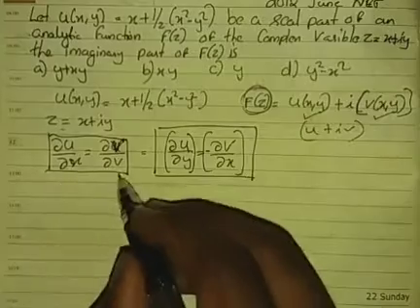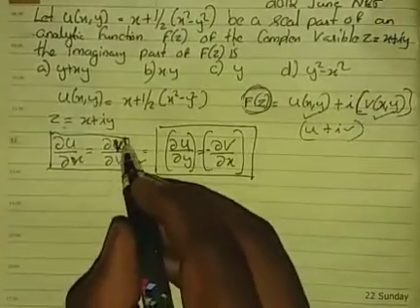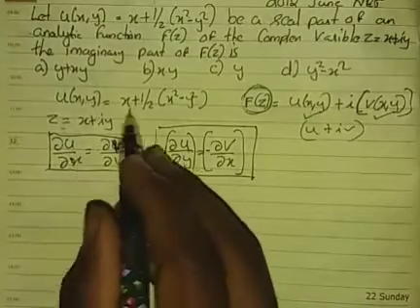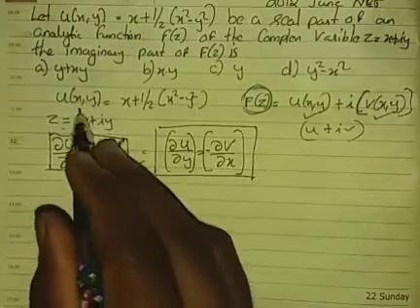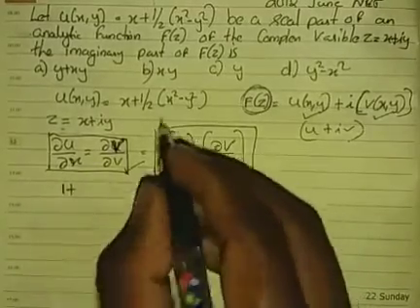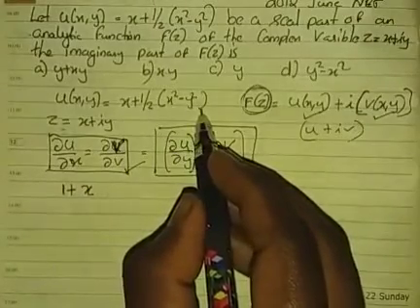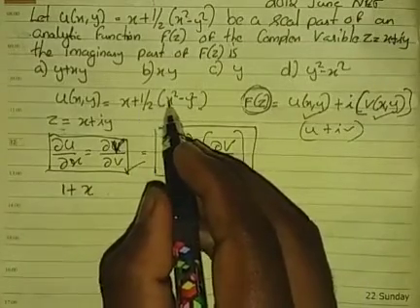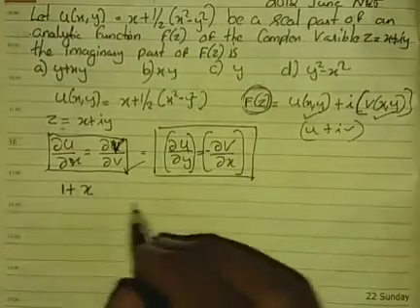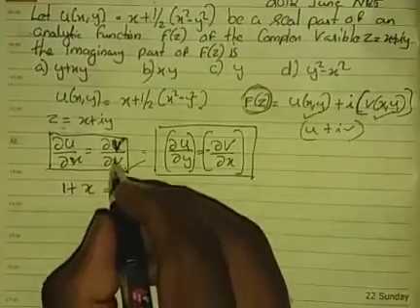So we can just check the conditions and find out what the v is. Okay, how can we do that? We can write down dou u by dou x, which is the x derivative of the real part, which is 1 plus x right there. I just took the derivative with respect to x. Okay, it's x square, which is 2x, so 2 and 2 cancel and x remains, so it's 1 plus x. So this must be equal to dou v by dou y.